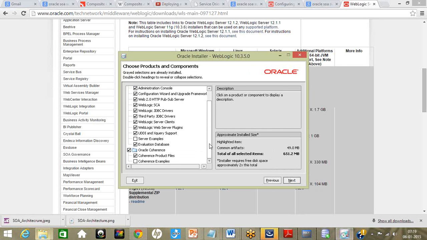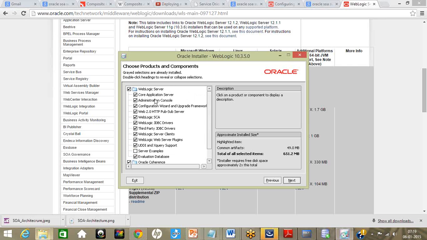So these are all the different types of the components which we are going to install for your WebLogic server. Here you can see we have all the different types of components that are currently available. We have a core application server, we have an admin console, we have a configuration wizard. Every component has its own significance. The core application server is very much required for your WebLogic server to be installed, where you are going to install your SOA also,